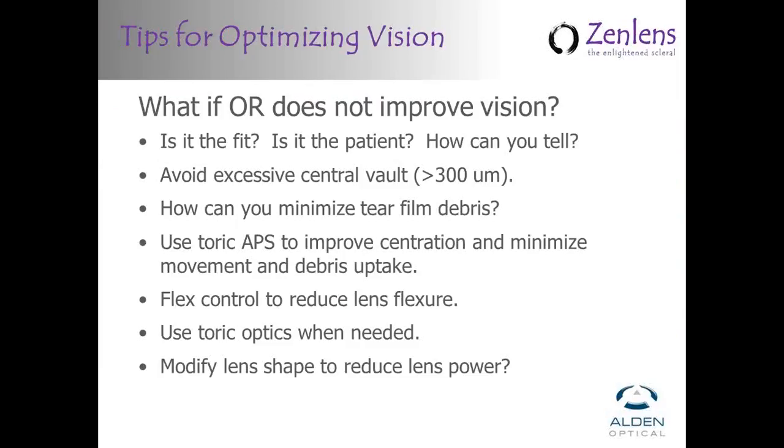So, and I may ask Dr. Judlicka to jump in here on some of this too. What if over-refraction does not improve the vision? Sometimes we alluded to if there's debris uptake that gets drawn into the tear film, possibly because the landing zone is a little too flat or maybe requires some toricity, or if there's excessive vaulting central clearance over the visual axis over the pupil area, I think sometimes that can obscure vision a little bit,